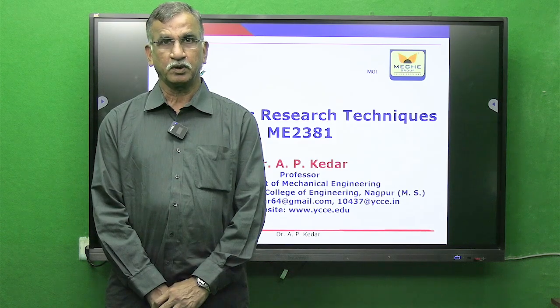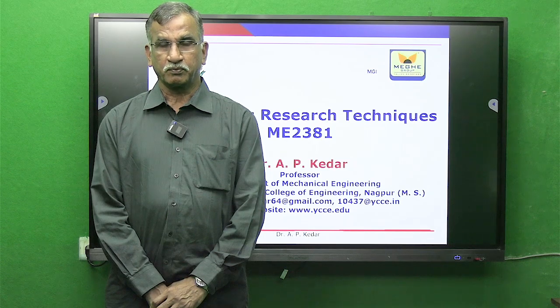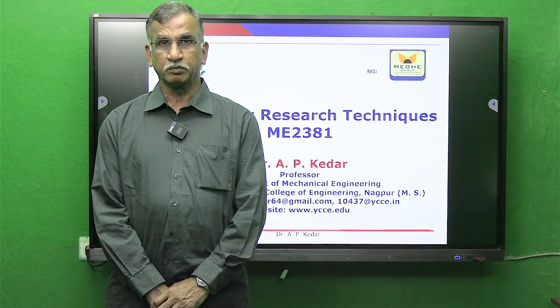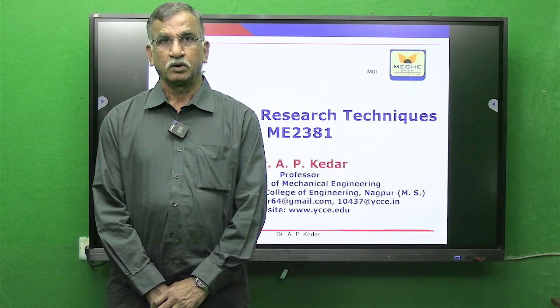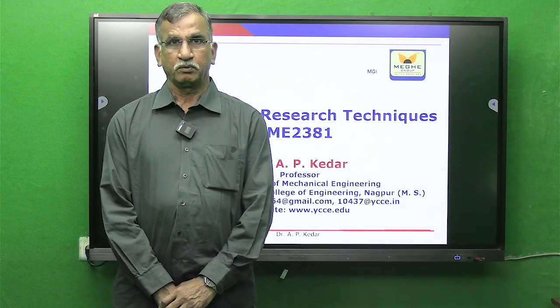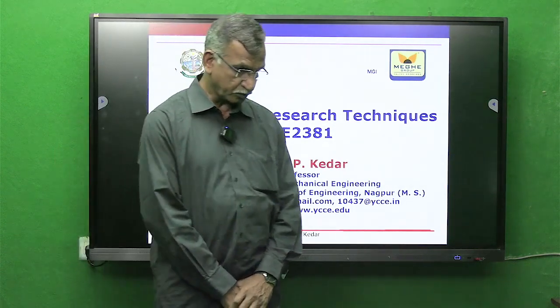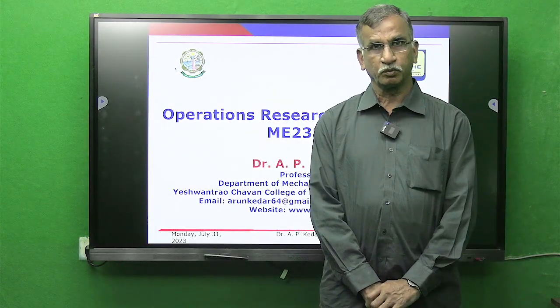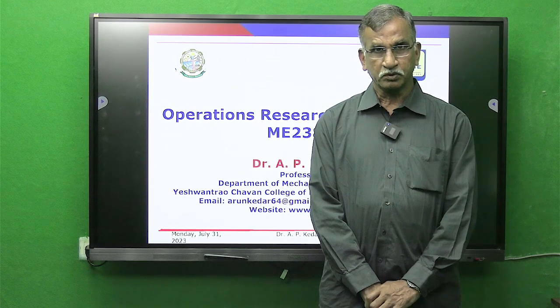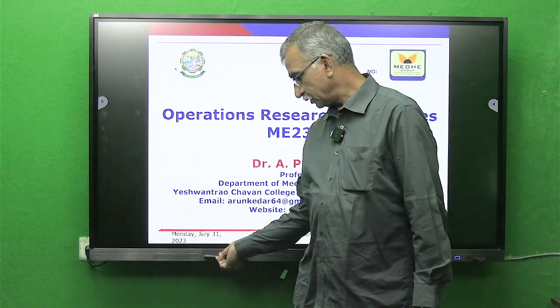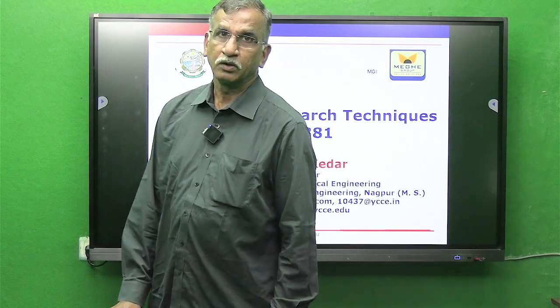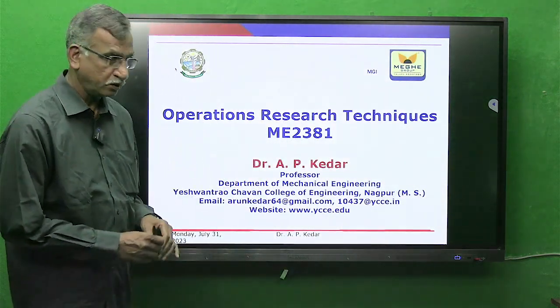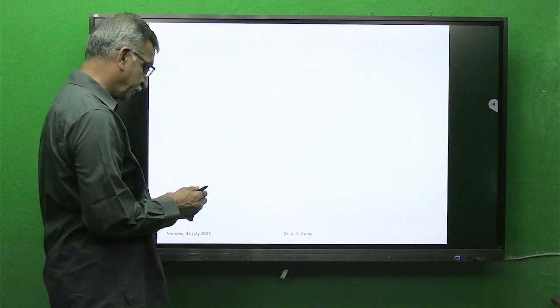Students, you are aware that we are on unit number 5, and today we will be discussing numericals pertaining to group replacement models. Already we have seen how to proceed for the analysis of various parameters required for group replacement, and we have also seen in our earlier lecture the essential requirements for group replacement. So I will go through the requirements first and then we will solve the problem.